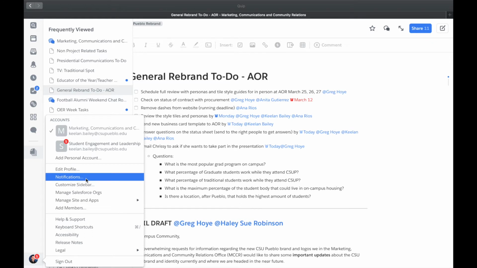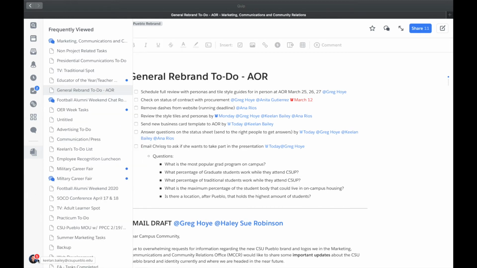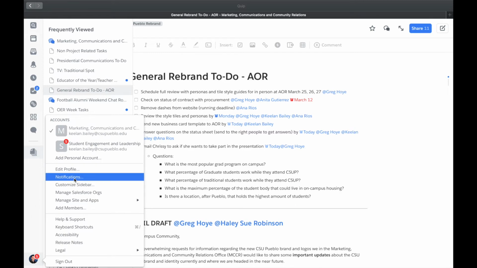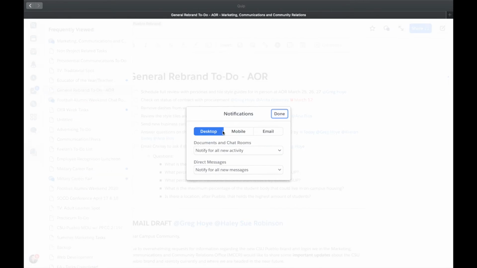I know that I've discussed with you all a little bit about how to limit your notifications through email. So a really important thing that we all need to do is go to your profile, go to notifications. Becky, this is for you too, because I know you've been getting all the emails. It'll open up the notifications prompt. Desktop, you want to have it on, notifying for all new activity as well as messages. So you'll always get pop-ups over here, even if you're outside of Quip,